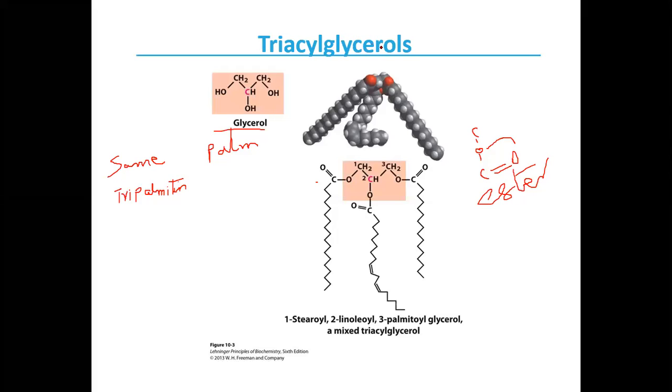Advantages of using TG as a stored fuel rather than the polysaccharide glycogen and starch. There are two major advantages. Number one, triacylglycerols are hydrophobic compounds. These are unhydrated, so organisms having fat as a fuel do not carry the extra weight of water for hydration associated with the stored